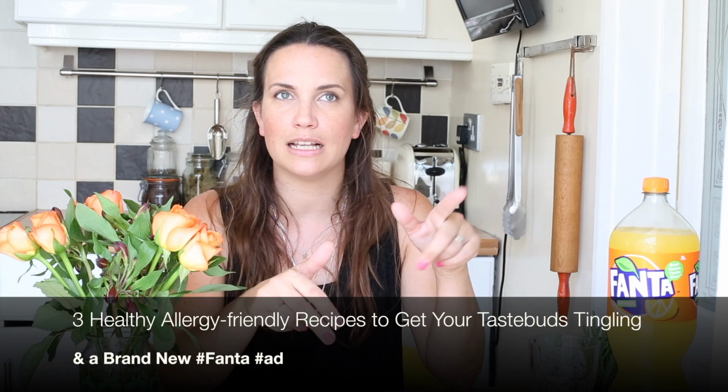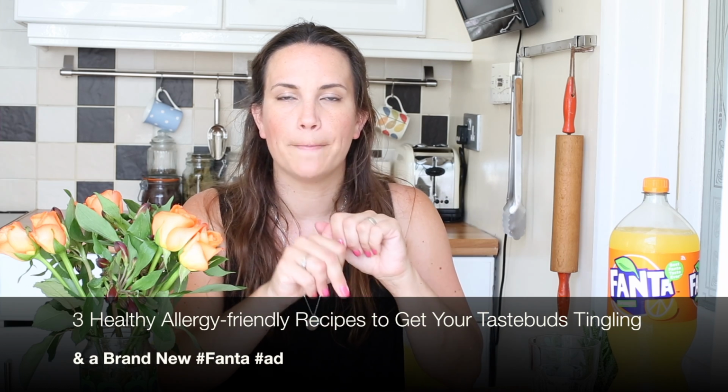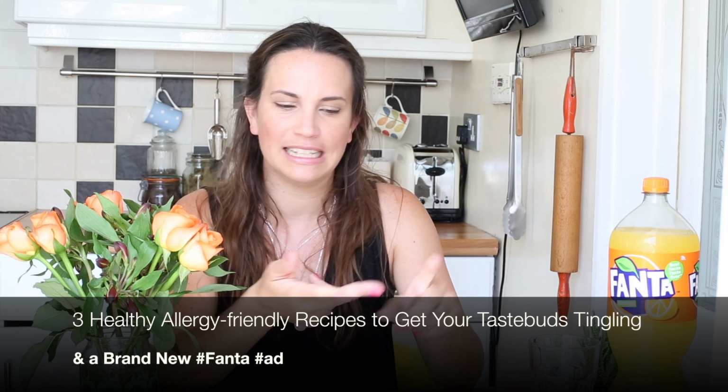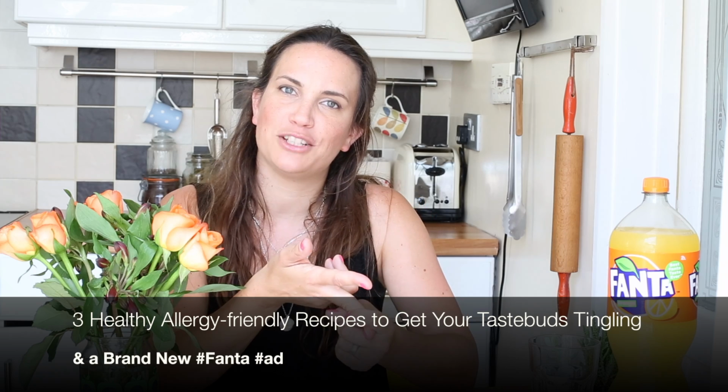So these 3 recipes are, first of all, a bolognese pasta, a chocolate muffin, and a strawberry ice cream. Now the difference with these recipes is that they're all free from, so they're all gluten-free, egg-free, nut-free, wheat-free, and also dairy-free. Because one of my daughters has got allergies, so we just tend to make allergy-friendly food. They also happen to be reduced in calories, and that's all part of a challenge I was given by